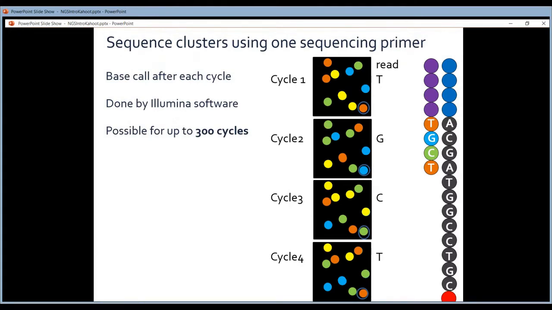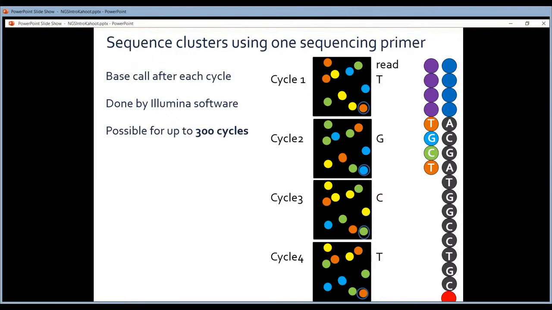So you can check for overlapping clusters. How? Well, because if you get overlapping clusters, then in many cycles they will emit a different signal. One will emit an A and the other one will emit a C, for instance. So you will get mixed signals when you have overlapping clusters. And the software can see that.